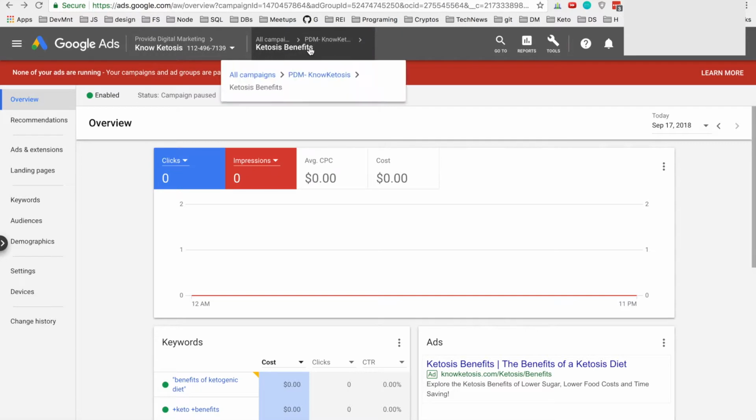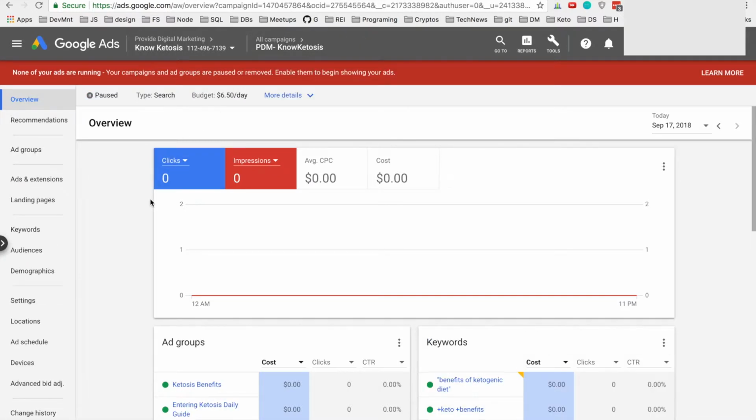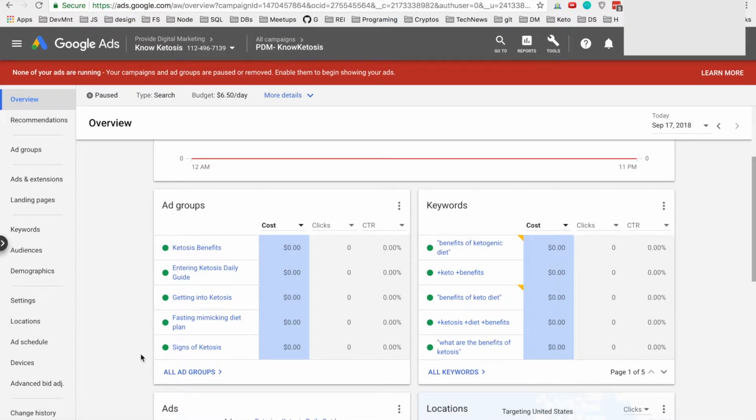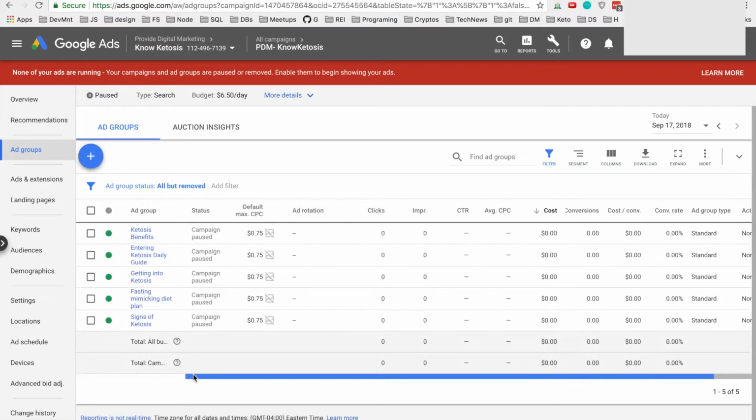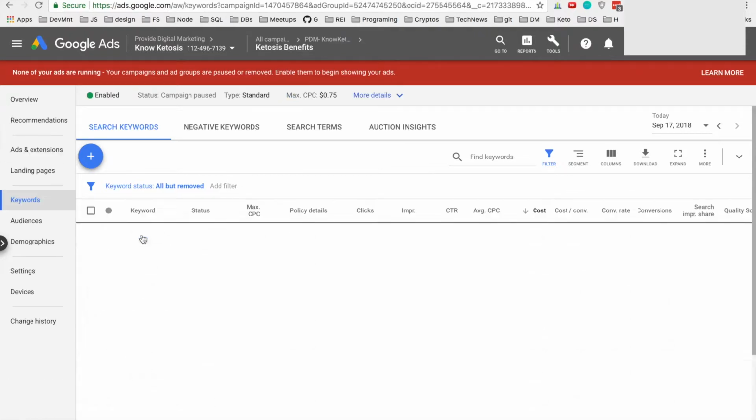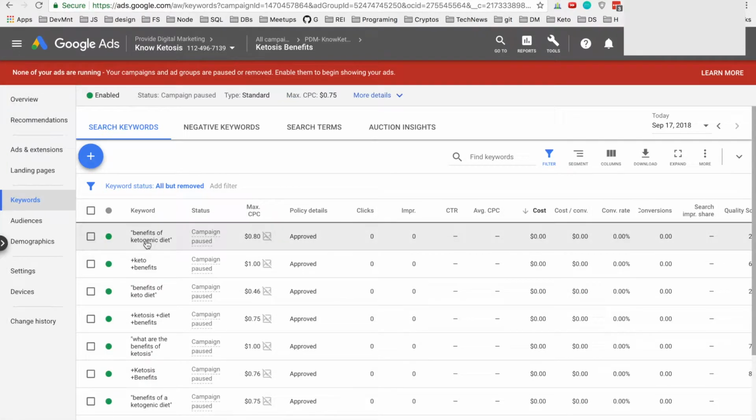And like I said, you've got to pay attention to where you're at here. So let's go to no ketosis, and let's go to all ad groups again. And so let's click here. Yeah, we can do that. And then we'll do, let's see here,